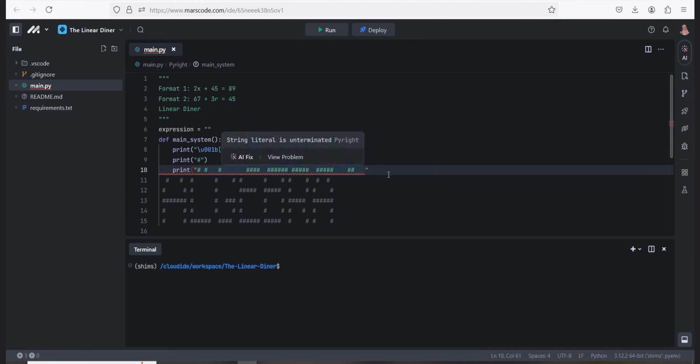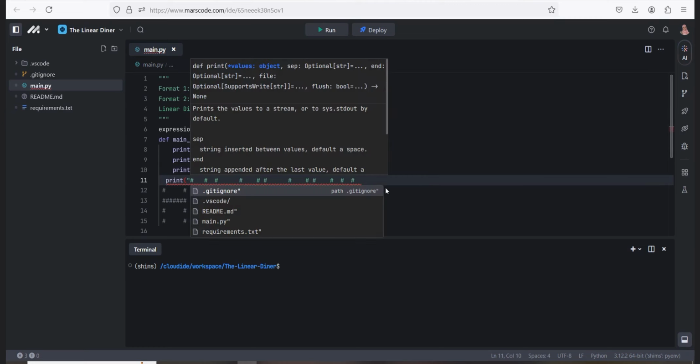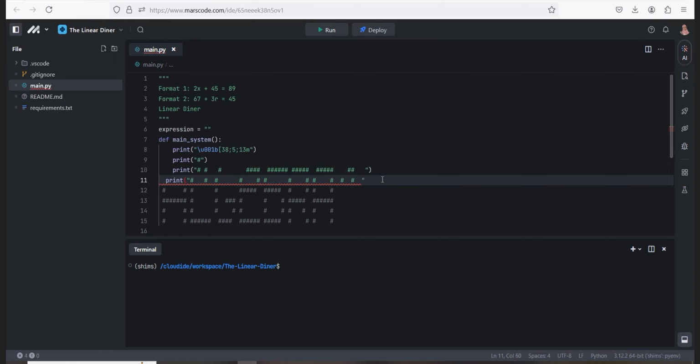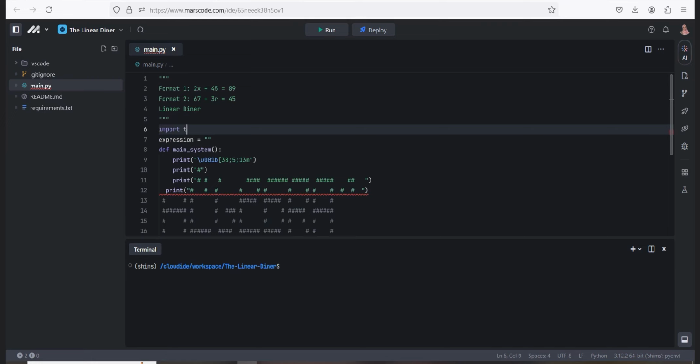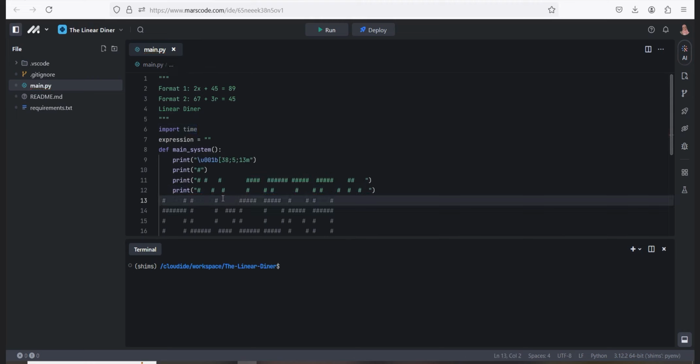Of course, if it doesn't look like the ASCII art at the end, you can then adjust it and get it to look like the ASCII art you want it to be. So right now, I'm just printing every single line of this ASCII art to get it to work. And then, one more thing I would like to do, I forgot to mention, just before we created this expression variable, is I would like to import the time library because I feel I'm going to add time pauses between statements. So remember what that time library does. So please make sure you go up and import time library